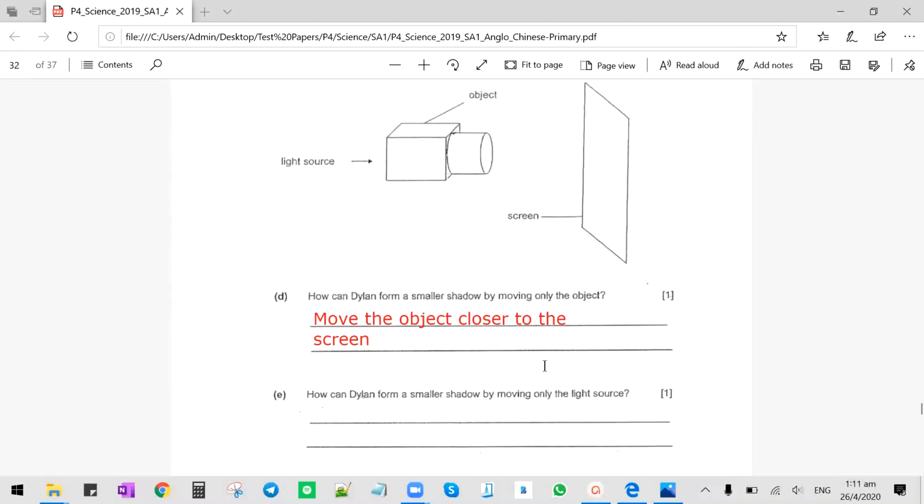Okay, another way to make it smaller is to move the light source, which is question E. How can you make it smaller by moving the light source? Okay, how should the light source be moved? Okay, move the light source further from the object. Why? When you move the light source further from the object, less light is being blocked and therefore a smaller